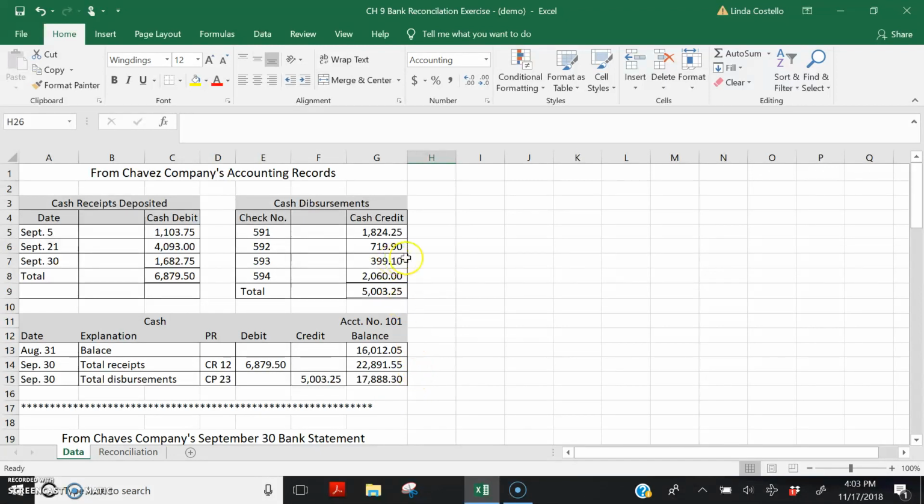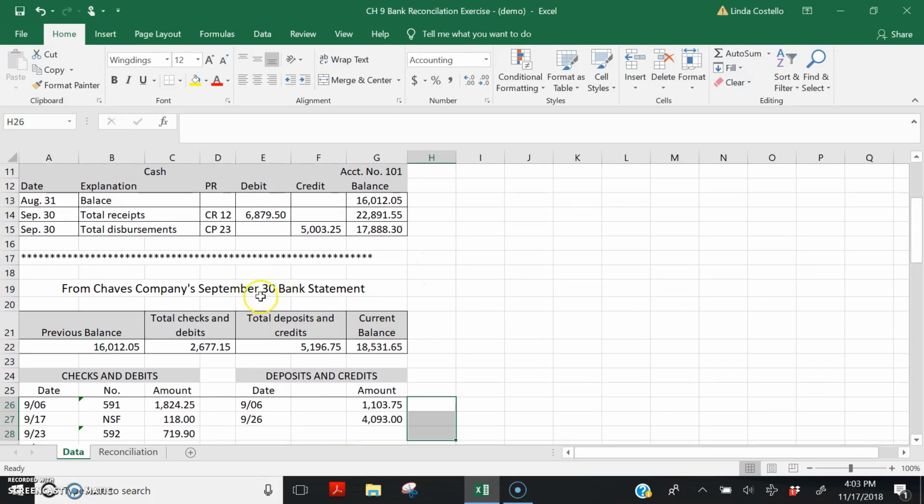The bottom of the page shows Chavez Company's bank statement as of September 30th. The previous bank balance was $16,012.05, less checks written and other amounts totaling $2,677.15 subtracted from the account by the bank,